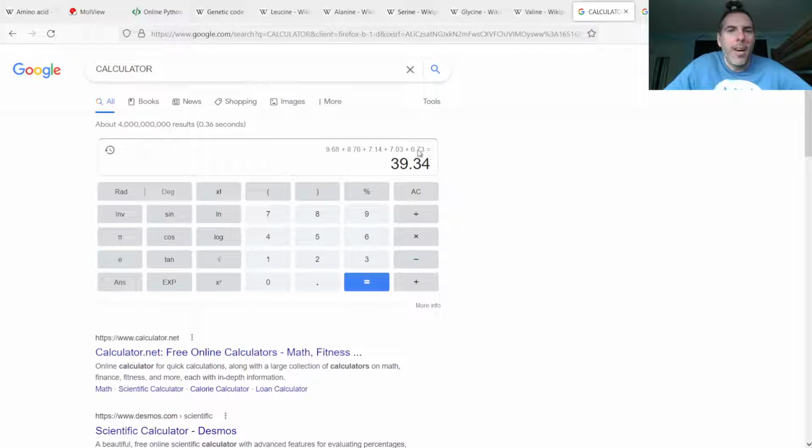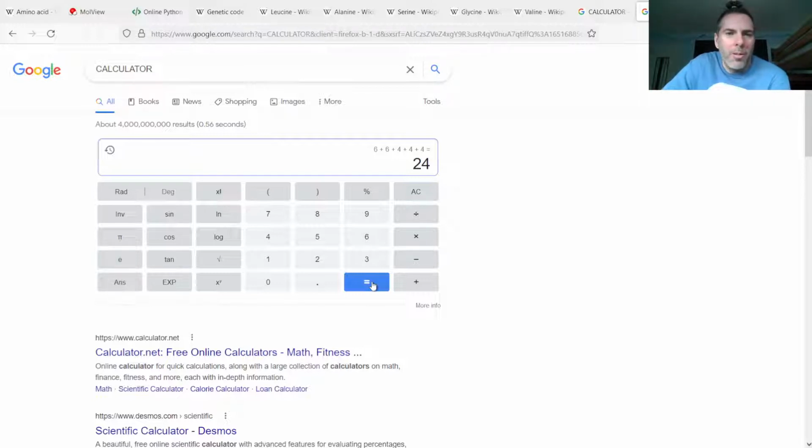Adding up the top 5 that we've covered, you get 39.34% of amino acids in proteins will be one of those 5. So then, like I was saying with the genetic code, I'm not going to say exactly which ones are which, but 2 of them had 6 different codes, and the other 3 had 4 different codes. So that gives you a total of 24 different codes out of 64.